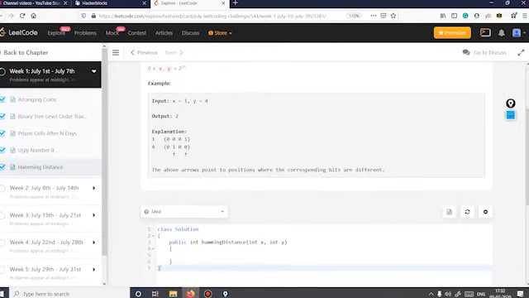So let's say we have x equal to 1, y equal to 4. 1 is 0001, 4 is 0100. So at two points we have bit differences between them, at this point and this point. Okay, so the answer would be 2, right? This is a very easy question from bit manipulation. So let's see what exactly the solution is. Before we find a solution, let's first talk about some bit operators that we have.